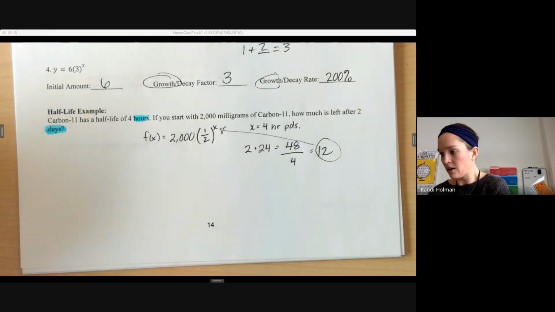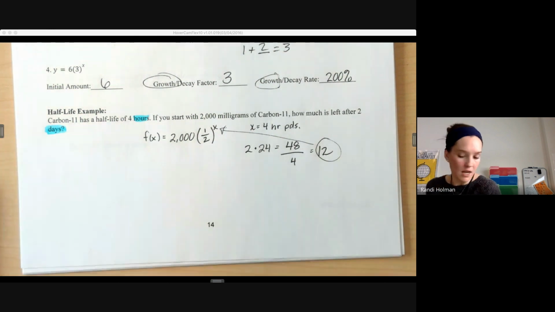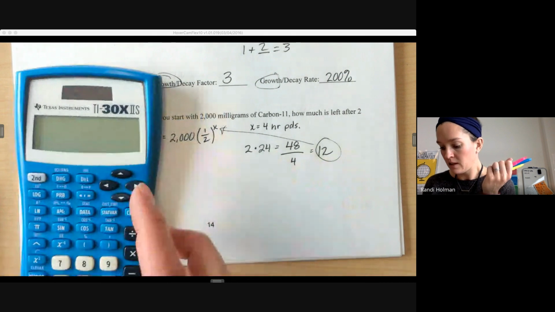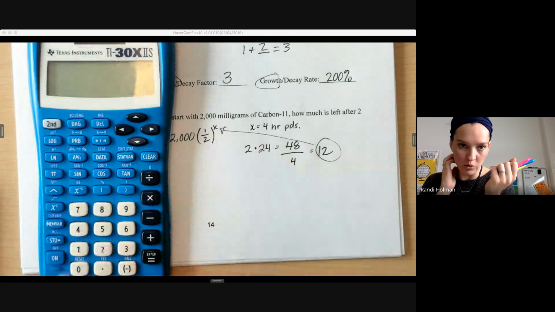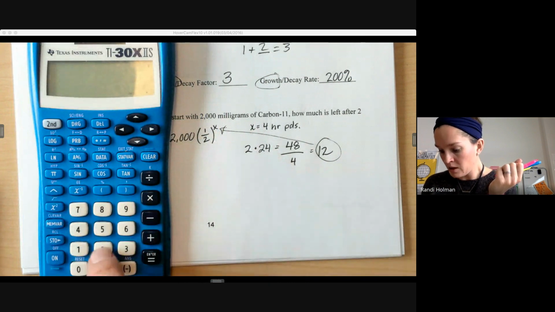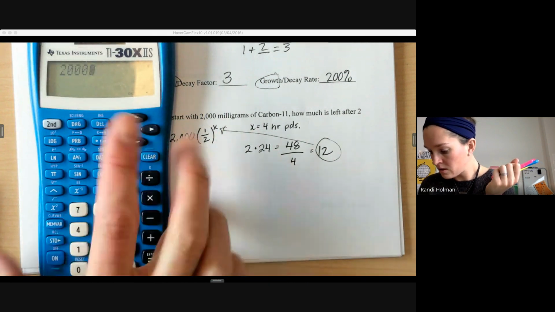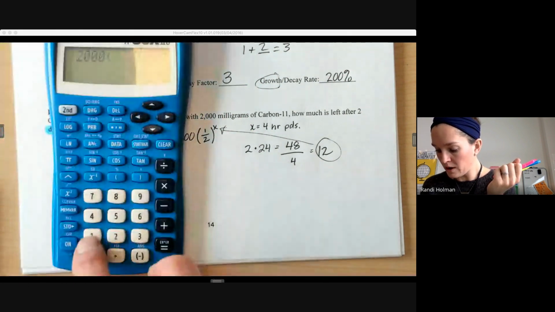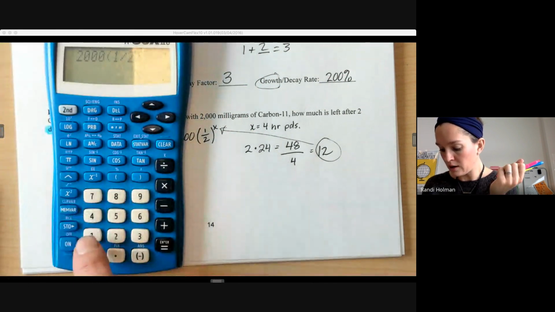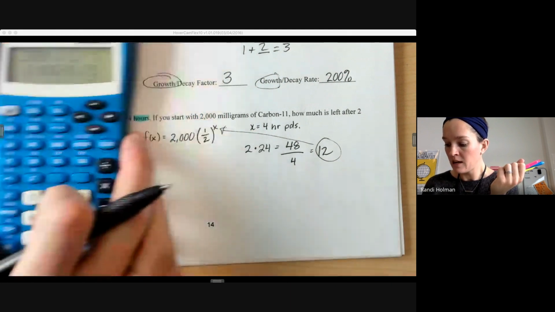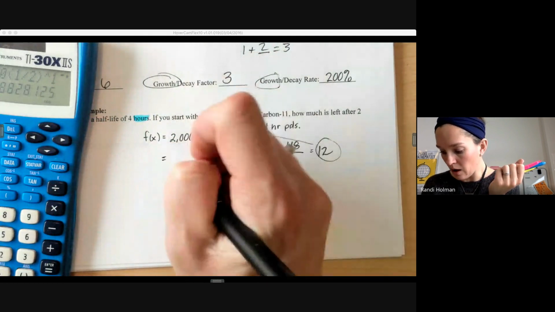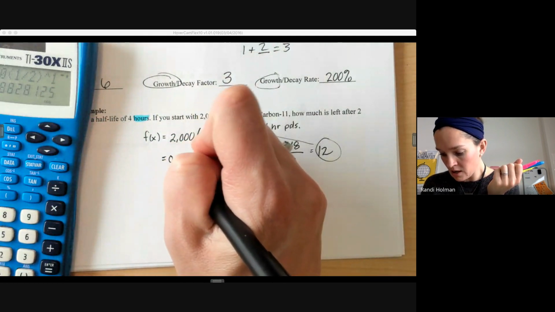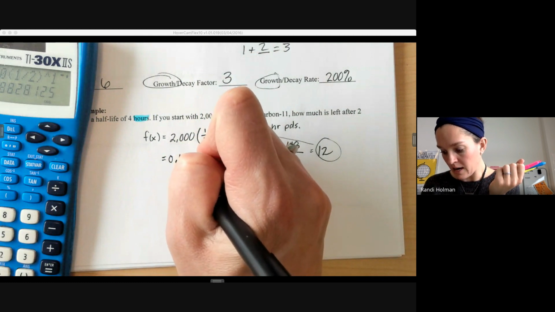And then we can utilize our calculator to actually figure out what that is, because it's going to be a large number. So if I take, the 12 is going to give us a large value there. We could do that, but 2 to the 12th itself is just a large number. So 2,000 times 1/2 to the 12th. Okay, and we shouldn't have very much left, right? Because it's getting half as big each 4-hour period, and we're doing 12 of those 4-hour periods. So 0.49 about